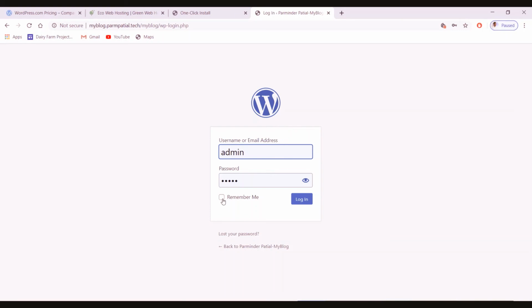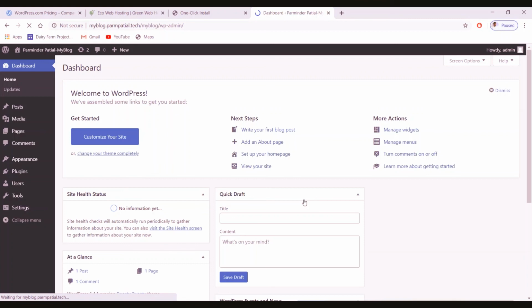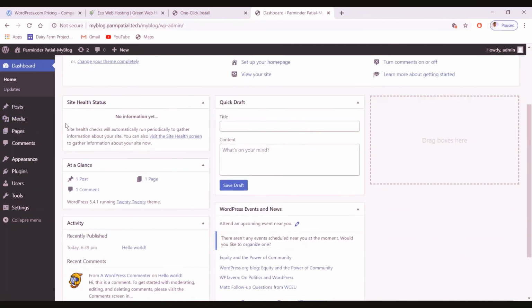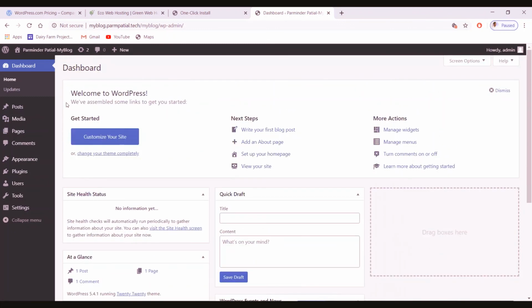If you want your server to remember your username and password for this system, click on remember me, then click on the login button. Once your credentials are checked and correct, you will be led to the dashboard of your WordPress. So this is how we can deploy WordPress on the live server.